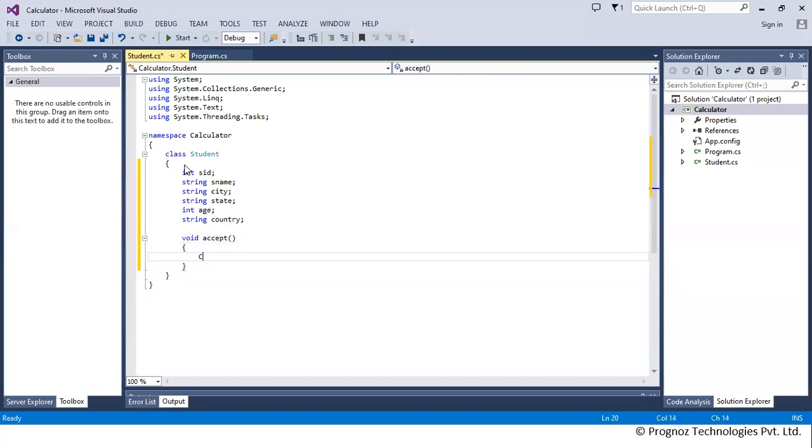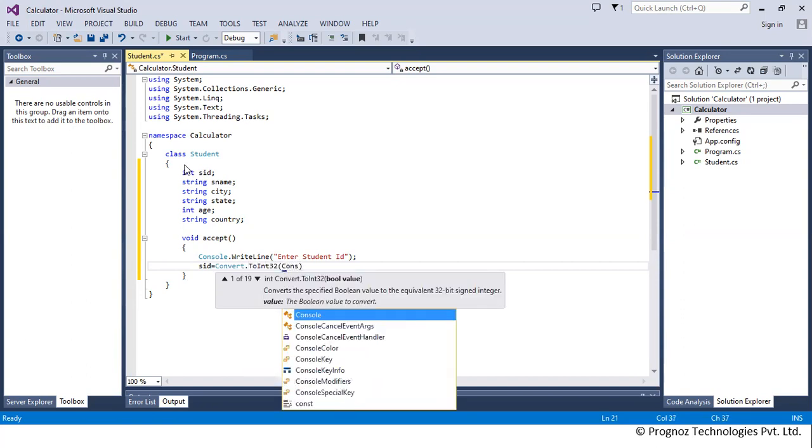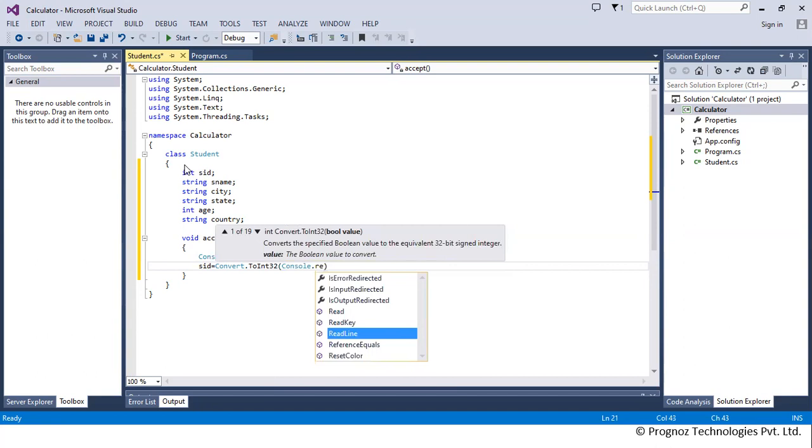Here we need to write Console.WriteLine, enter student ID. Then SID equals Convert.ToInt32, and here we need to write Console.ReadLine.